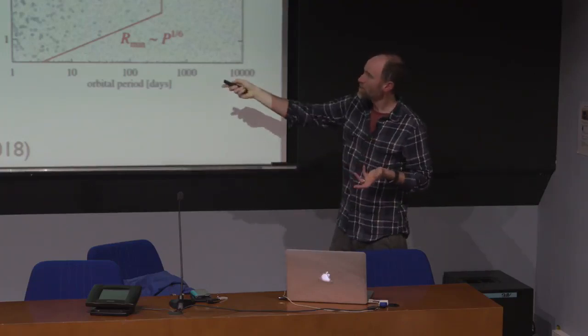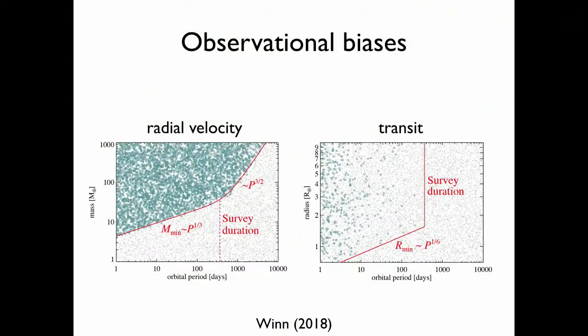Even though there are strong biases towards finding close-in planets with the radial velocity method, they're much stronger still with the transit method. You can see that because there are very few of these blips found out there. There's also a hard cutoff at the survey duration